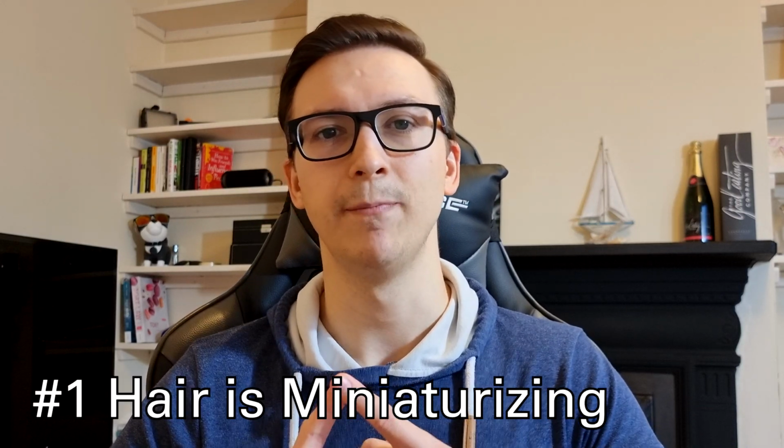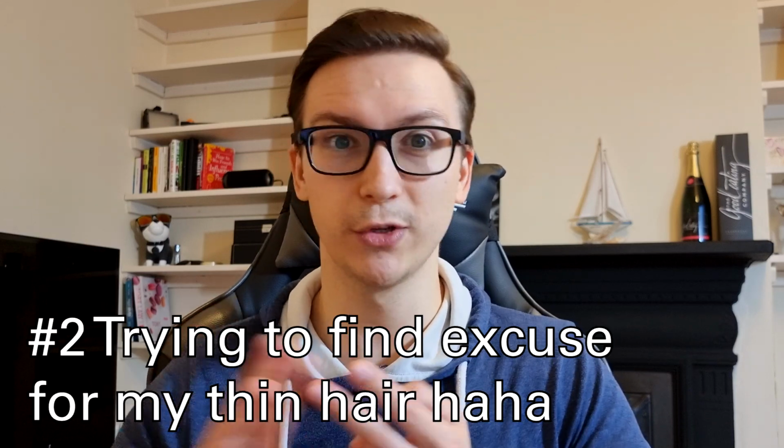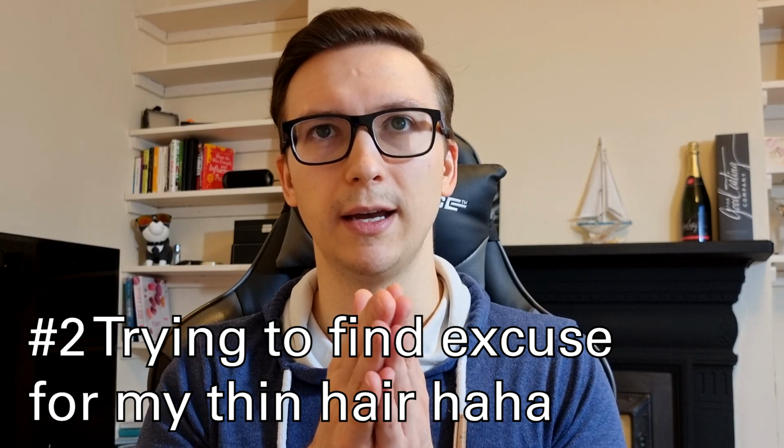So the first is the hair is indeed miniaturizing, and obviously I'll have to monitor really closely each month until my second surgery, comparing and seeing if it's miniaturizing more or stays the same. The second possible option is that my hair was always like this, meaning that my individual hair diameter